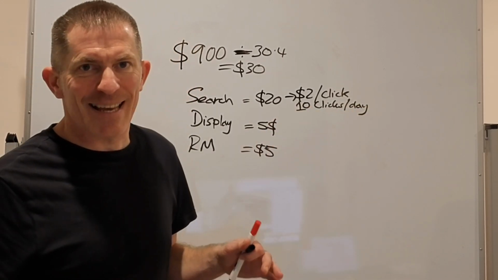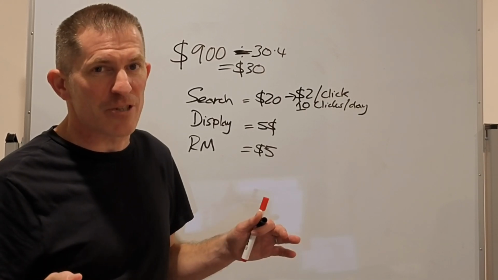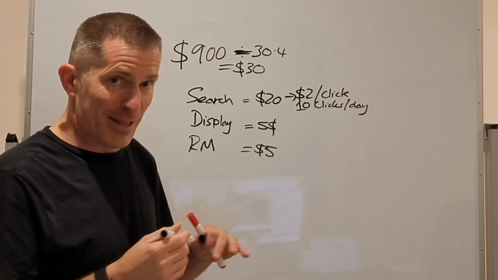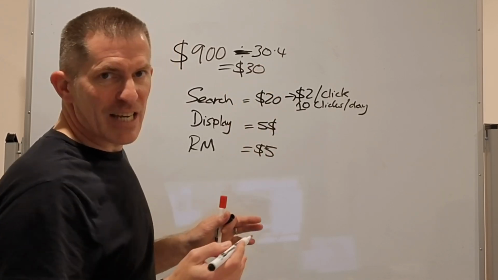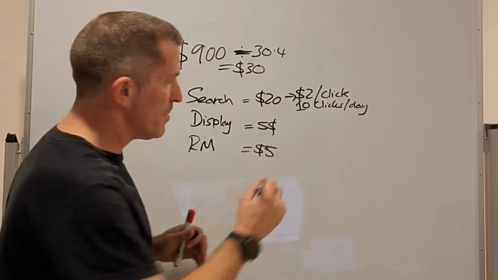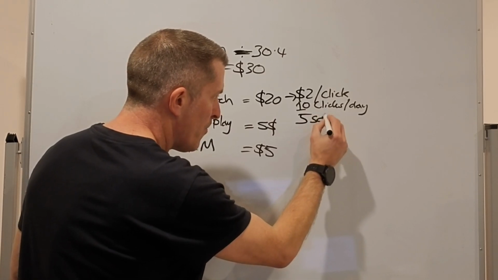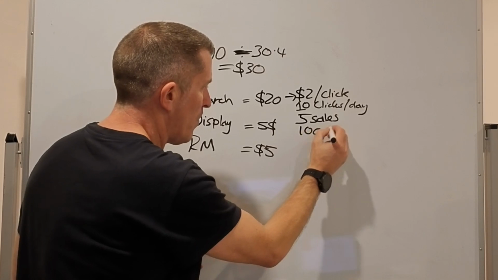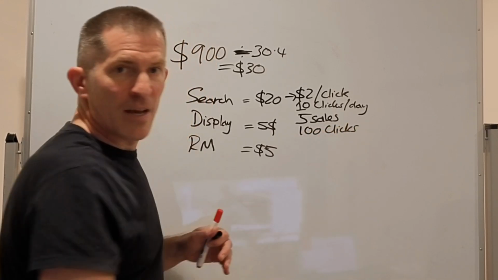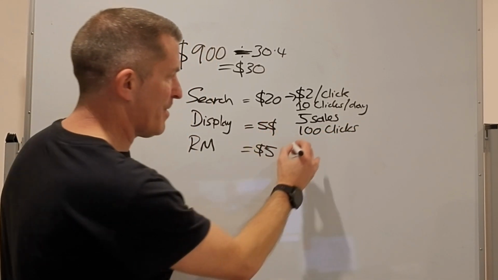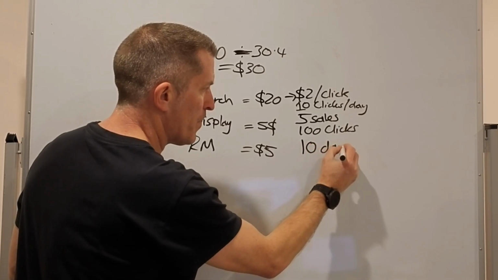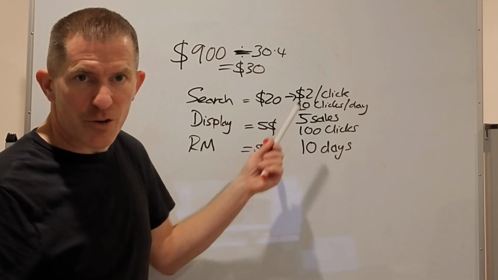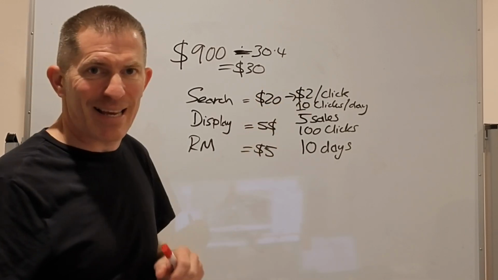If you have 10 clicks a day, and let's just say you've got a good conversion rate of 5%. A lot of websites linger between 2 and 3%. Some are less, some are higher. But let's just say you got 5%. To get 5 sales, you need how many clicks? 100 clicks. How long is it going to take you to get 100 clicks? 10 days. And that's assuming you have to learn to build this campaign and get the messaging right.